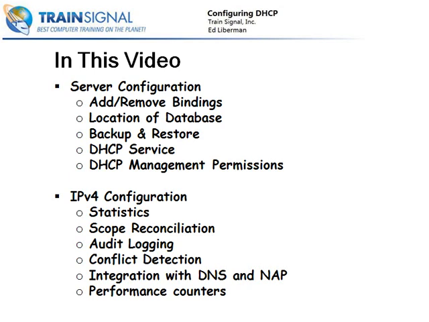These include server configuration tasks such as adding and removing bindings, finding and moving the location of our DHCP database, backing up and restoring our database, managing the DHCP server service itself, and taking a look at some of the DHCP permissions. Then we'll take a look at some of the IPv4 configuration tasks, which include looking at statistics, scope reconciliation,